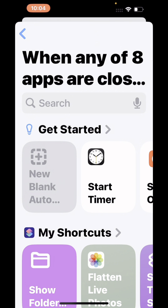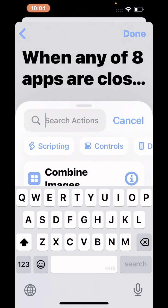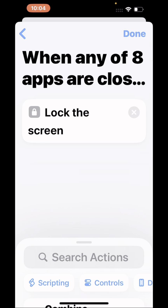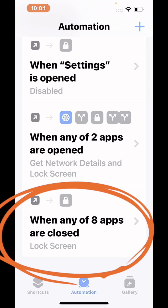All right, and what do we want our phone to do? In the center, there's a gray box labeled New Blank Auto. Tap on that. And in the search box, we're going to look for lock screen. So we type the word lock. Here it found the option lock screen, and so I want you to tap on lock screen and then select done. Perfect. So now you can see down at the bottom, it says when any of those 8 apps are closed,